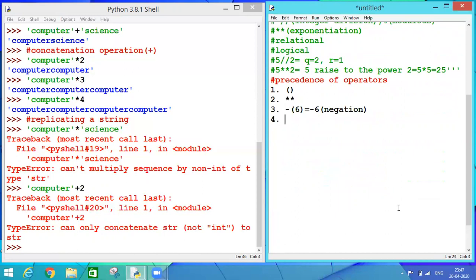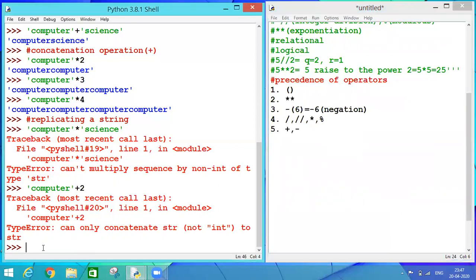Now fourth is division and integer division. Then we have multiplication and we have modulus. These all four operators are put on the same priority level. Which comes first from the left hand side will be calculated first. Then at the fifth priority level, we have addition and subtraction. Same here. Two operators are put on the same priority level. So from the left hand side, whichsoever comes first will be calculated first. So these are my operator precedence.